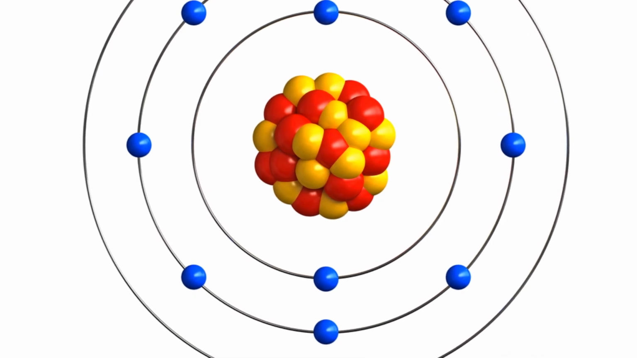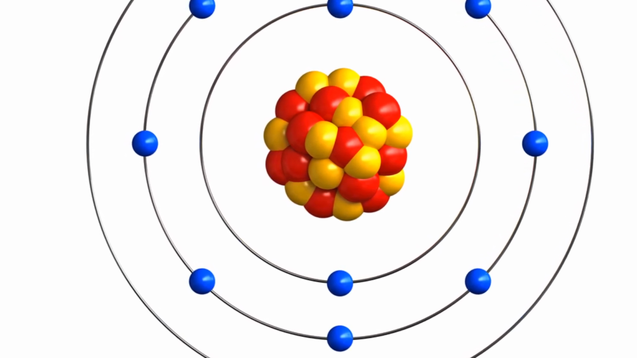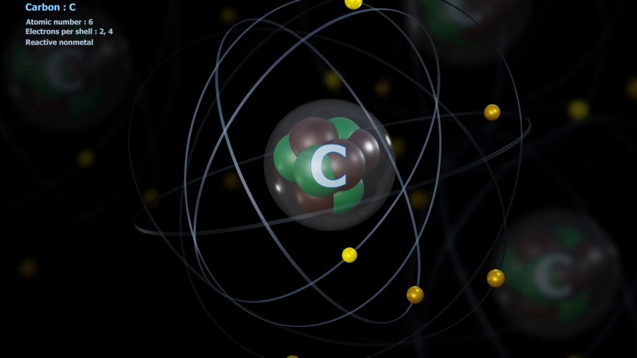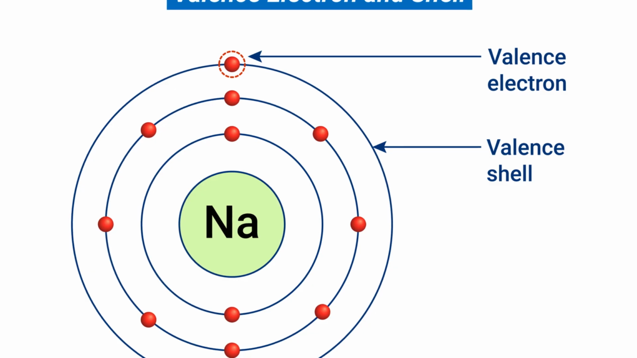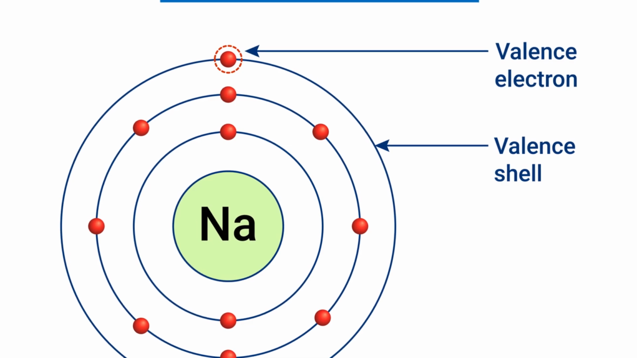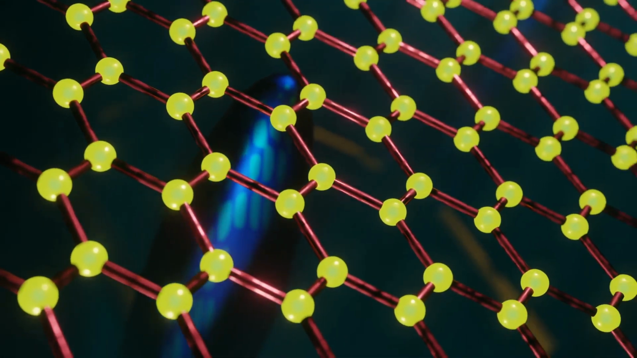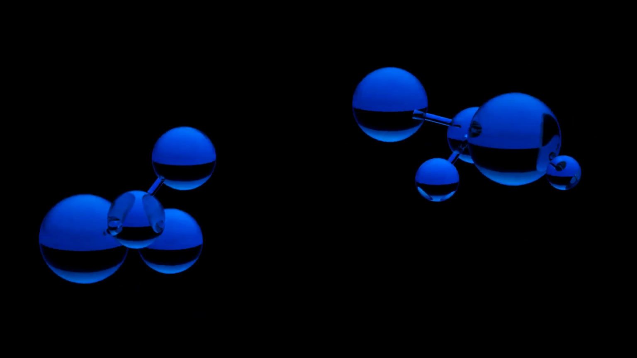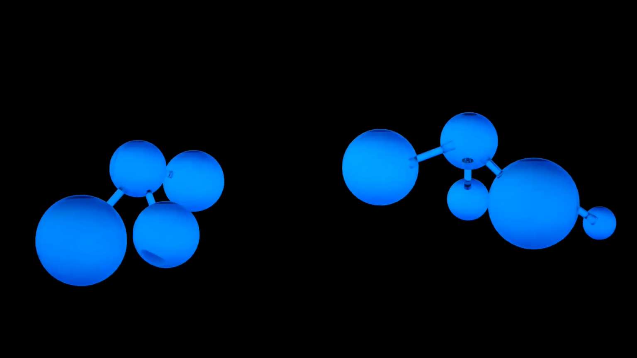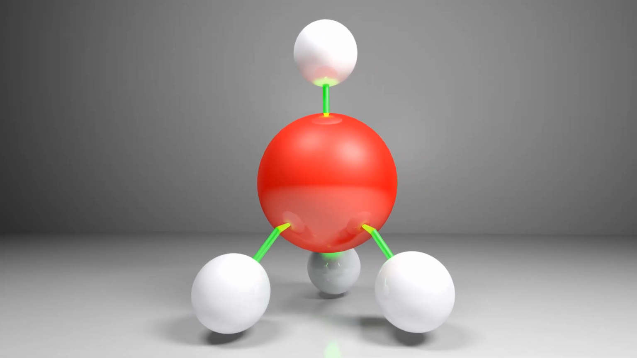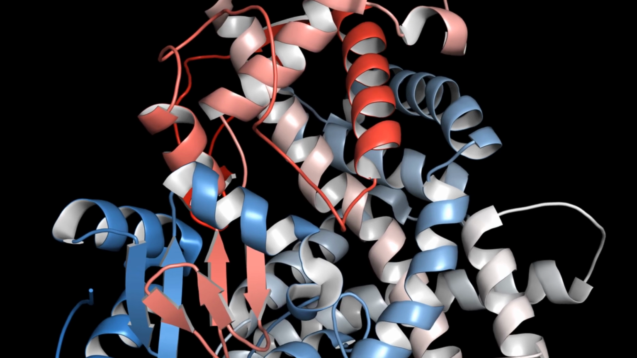At the atomic level, carbon has 6 protons and, in its most common isotope, 6 neutrons in the nucleus, with 6 electrons orbiting the nucleus. These electrons are arranged in 2 energy levels, 2 in the first shell and 4 in the second. It's the 4 electrons in the outer shell that make carbon especially interesting. With 4 valence electrons, carbon has the ability to form 4 covalent bonds with other atoms. This allows it to create a wide variety of structures, from simple molecules like methane to complex macromolecules such as